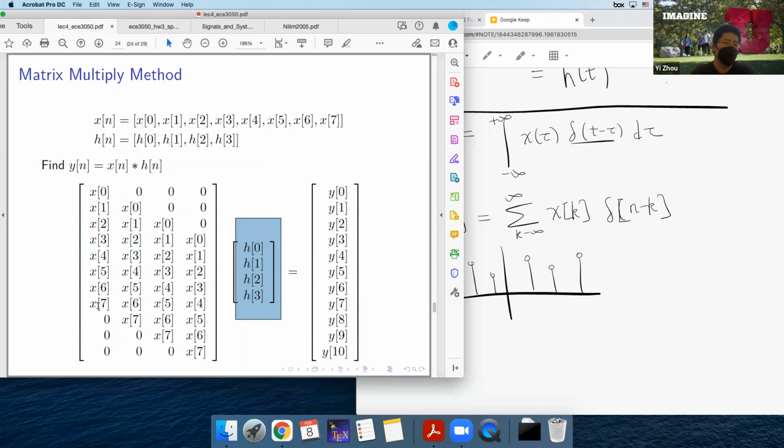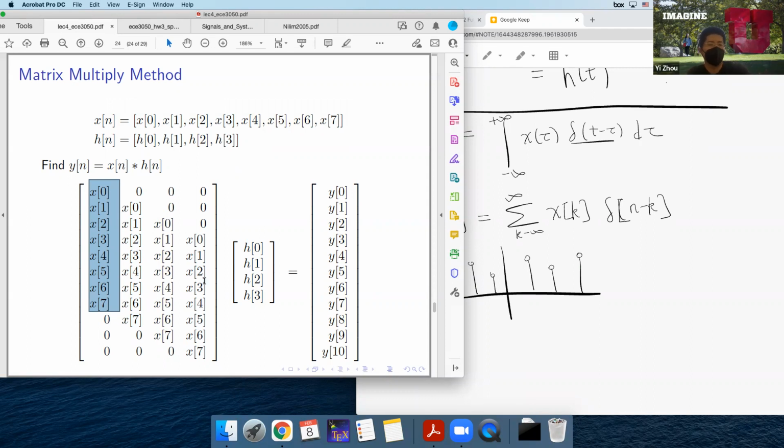So we are going to generate this big matrix that simulates the movement of the X signal. This is how we explicitly simulate the movement. We start with this X signal. We will list it as a column vector in the first column. And then we start to shift this column vector downwards one by one. So you can see that in the second column, the entire X signal is shifted downwards by 1. And in the third column, we further shift it by 1. We do this